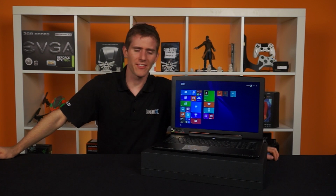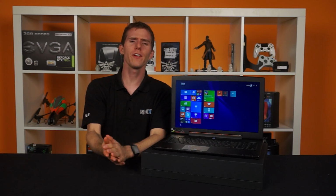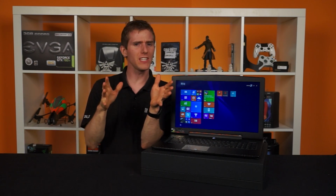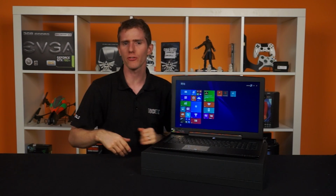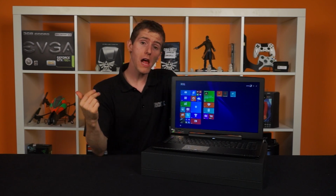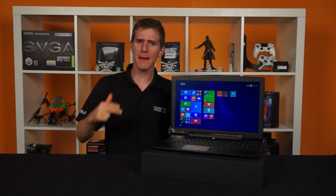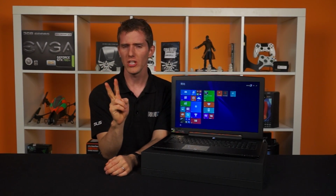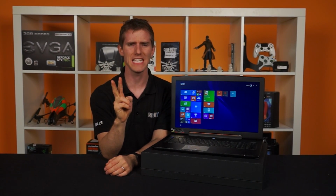Welcome to Unpacked. This is the Aorus X7 Pro. Now, we showed you guys the X3, which is their 13-inch class gaming laptop. That one featured NVIDIA's GTX 970M, which is pretty darn impressive. Well, with the extra space in this laptop, Gigabyte has packed not one, but two GPUs, and some pretty powerful